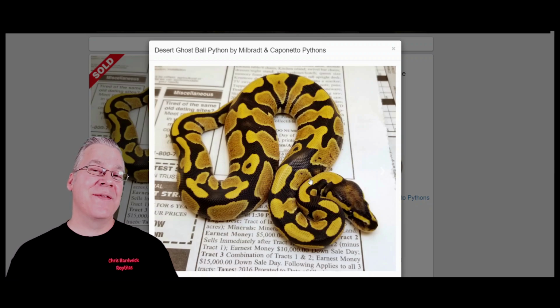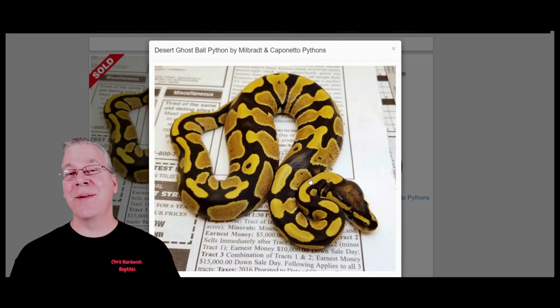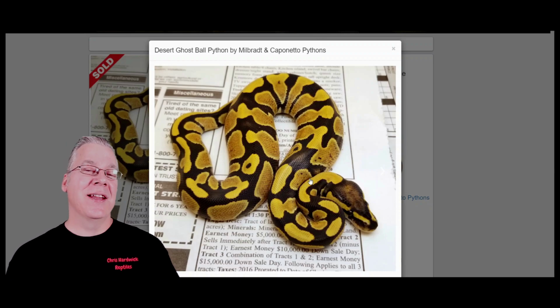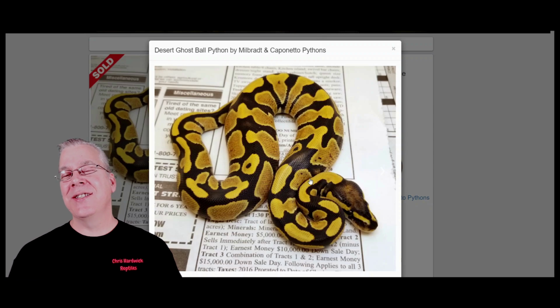As a matter of fact, I actually have a male pastel desert ghost. I bought it as a pastel desert ghost, and later on I found out it has enchi in the mix, and I'd say it looks almost exactly like this. It's pretty amazing. And the way I found out it has enchi in it is I took that male and